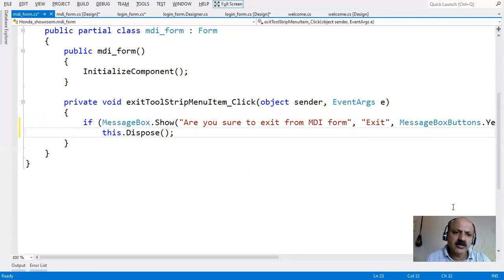That is the method that we take in the exit button click event directly.